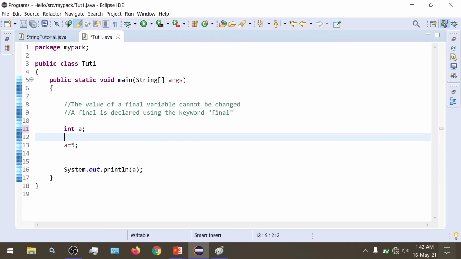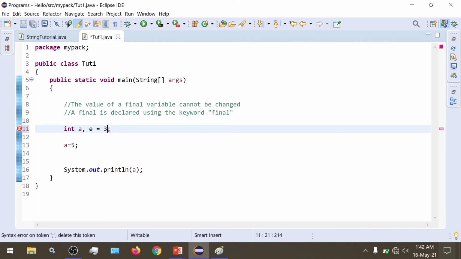To avoid that unnecessary extra code, we can declare multiple variables like this. We put a comma and then we put another variable's name and the optional value. If you want to put it, then we put it, else we ignore it. So this is perfectly valid. We can declare multiple variables in a single statement.